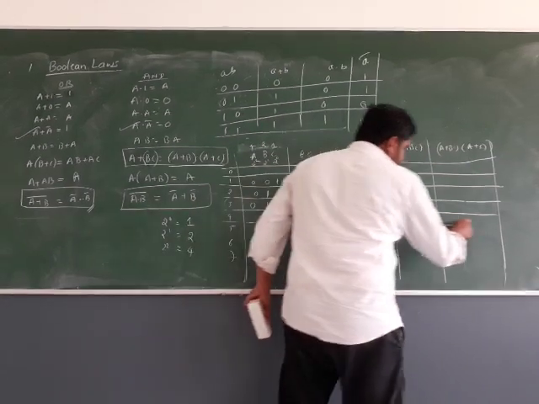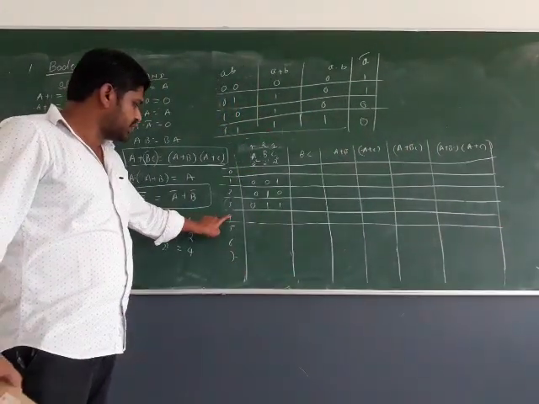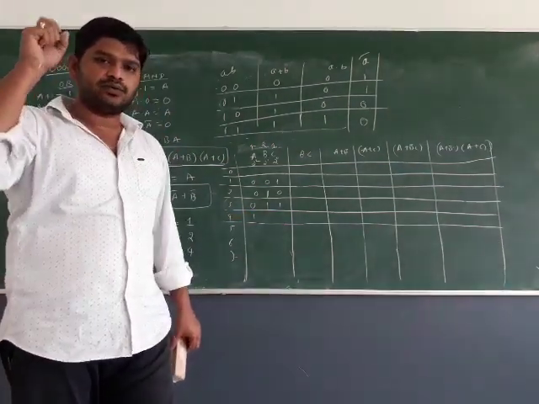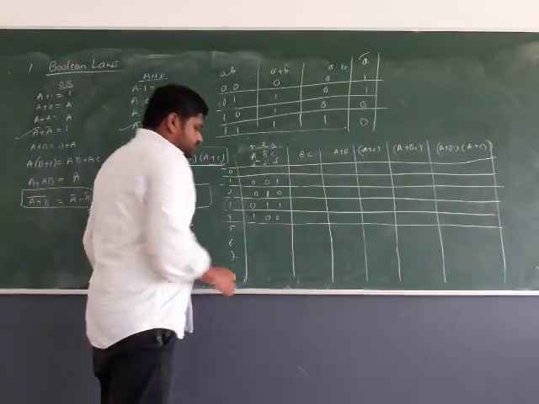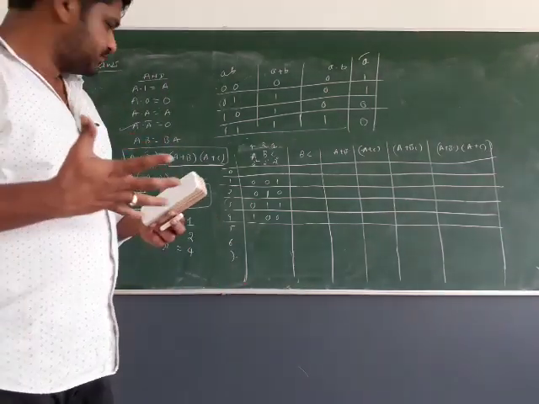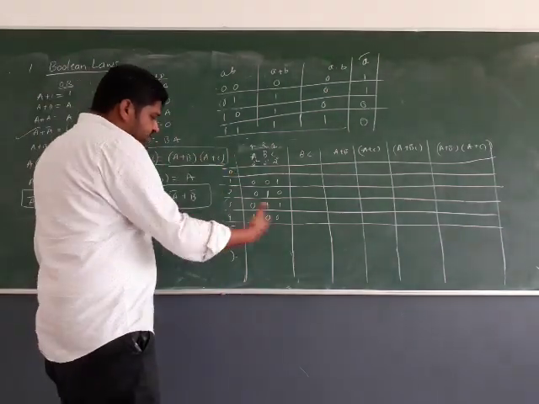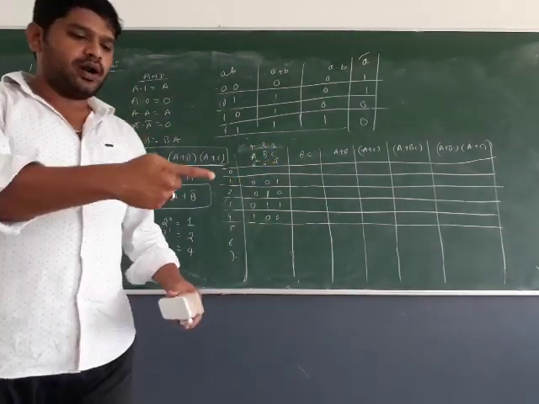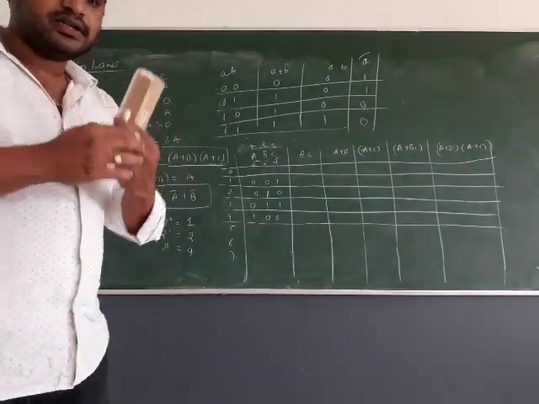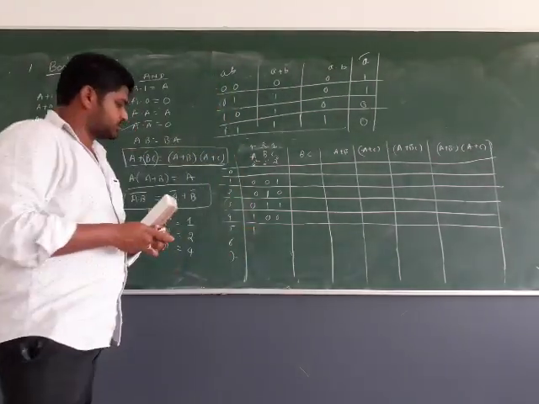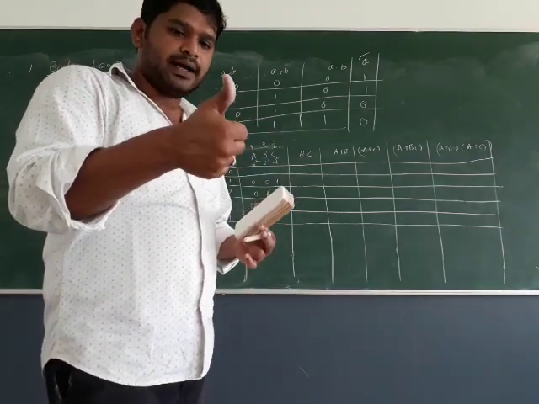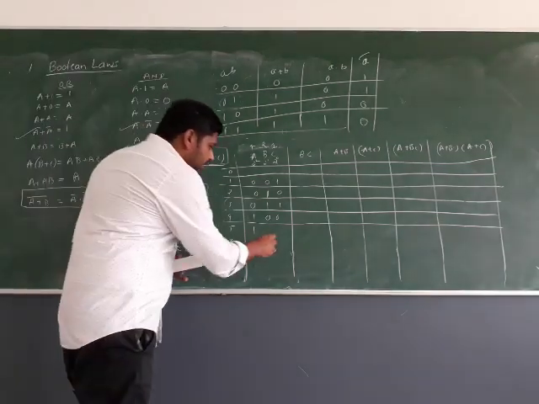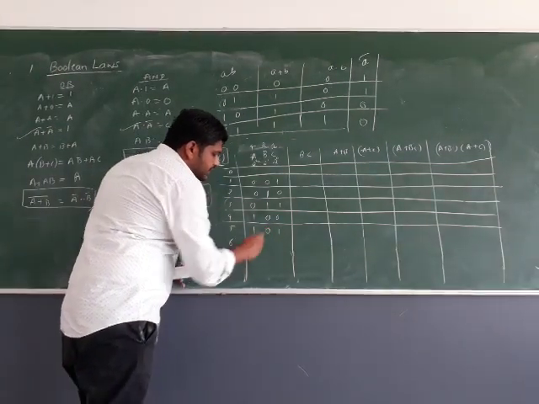What do we need in the next stage? 4. Is 4 directly available? Yes. If directly available, we will directly take that only; the rest we will not take. Next, what we need? 5. When we need 5, what is the highest pick available? Among 1, 2, and 4, 4 is the highest. Hence, I have taken 4. Out of 5, I directly took 4. So we need 1, and that 1 is in the C. Hence, I will make it as 1.